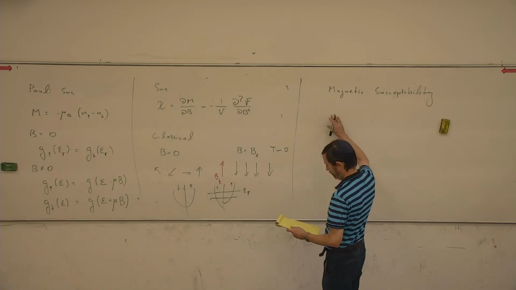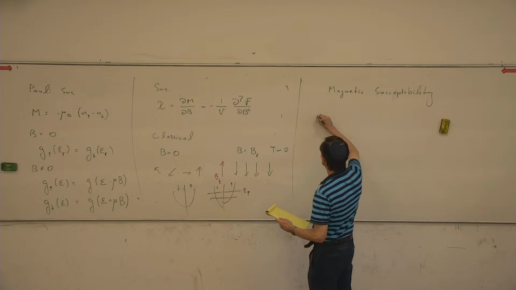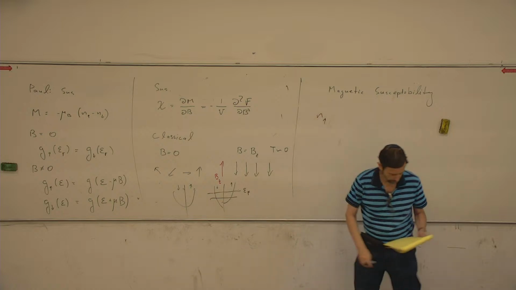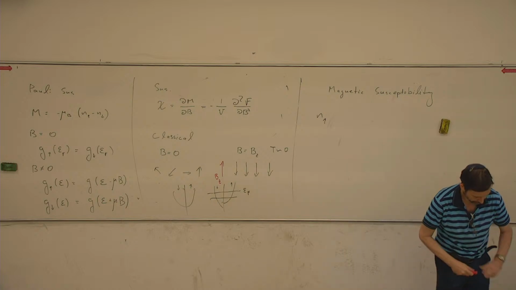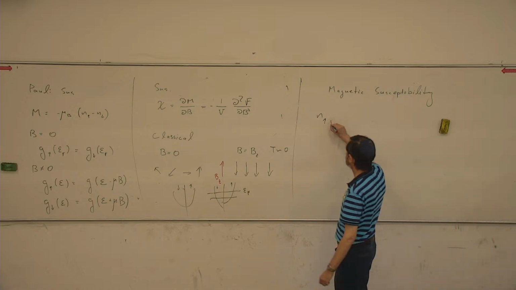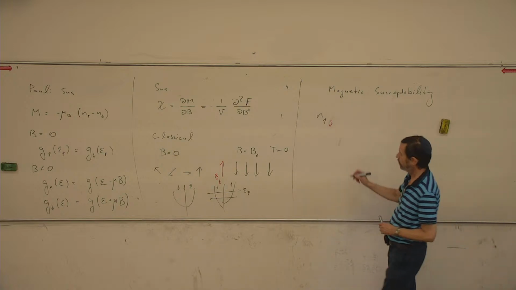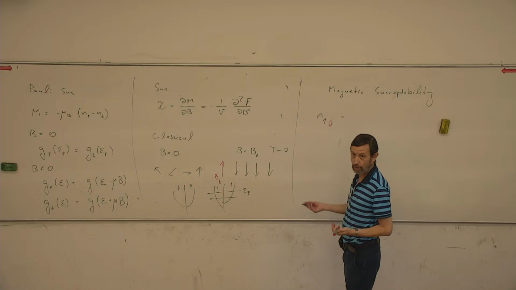So, what is the number of electrons? Let's do different colors. As we have learned,